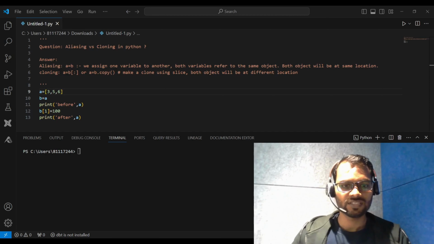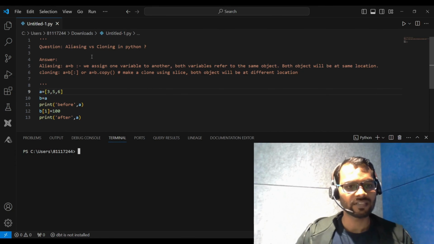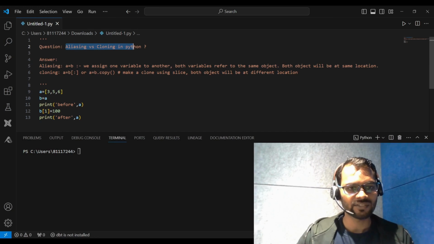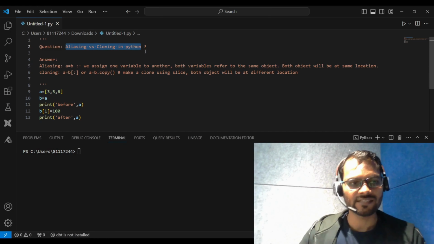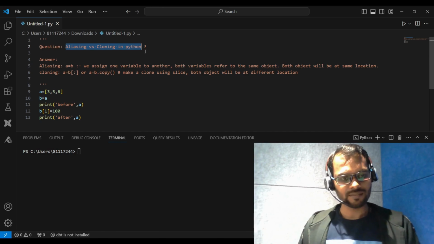Hello everyone. So this is also one of the important topics which I want to discuss. In Python, what is the difference between aliasing and cloning? So what is the difference? What is the meaning of aliasing? What is the meaning of cloning in Python? So the simple answer is that